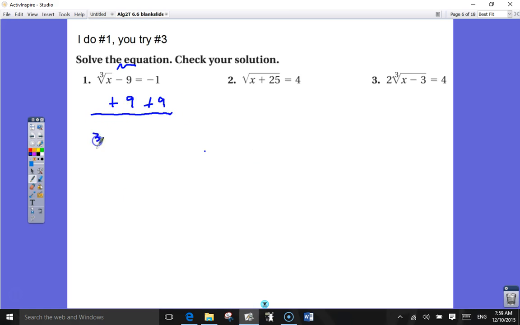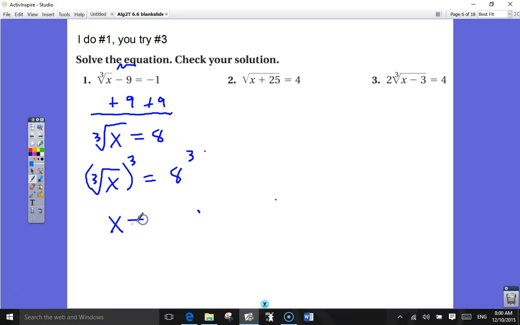So now we've got the third root of x equals 8, right? That's right. Okay, how do I undo the radical? It's a cubed root, so I will cube both sides. So this is the third root of x, cubed, equals 8 cubed. X equals